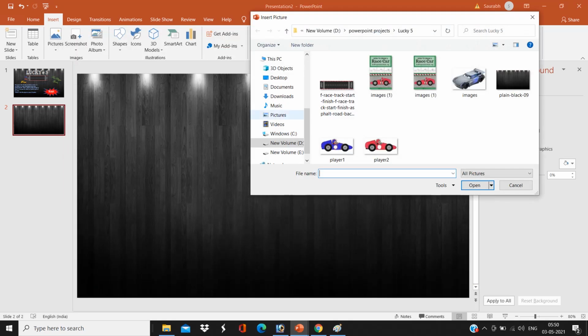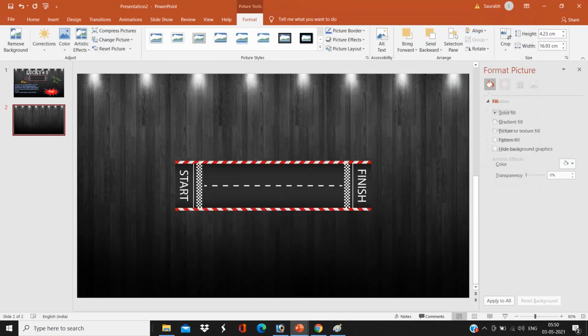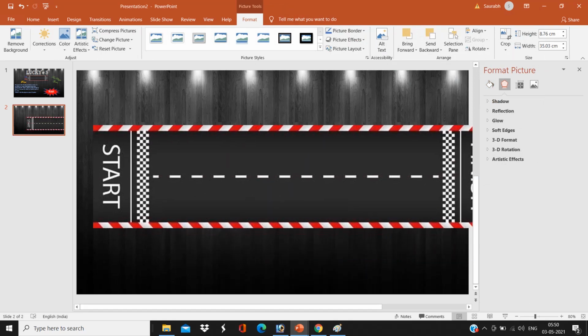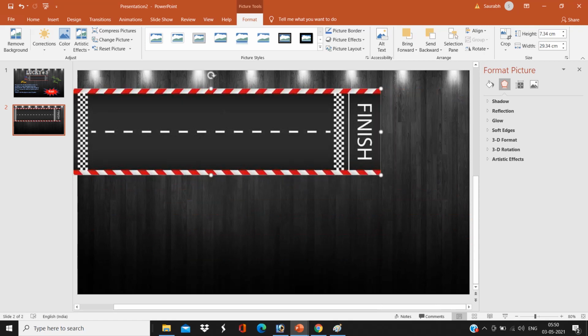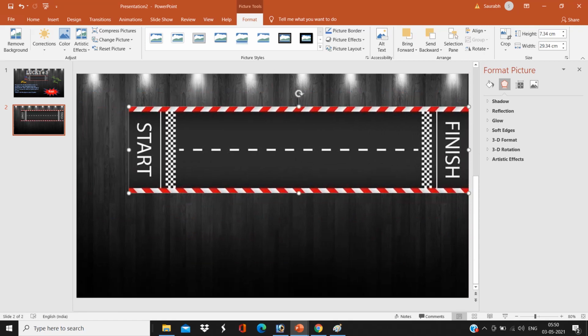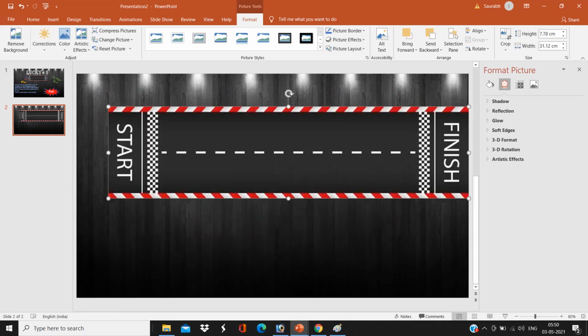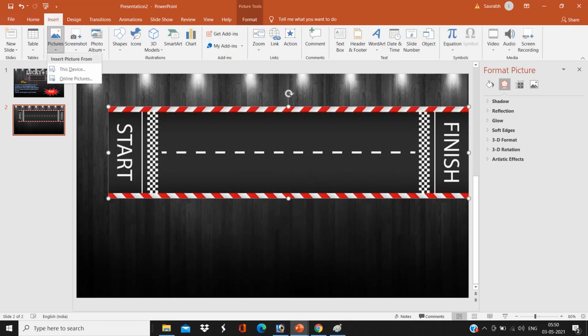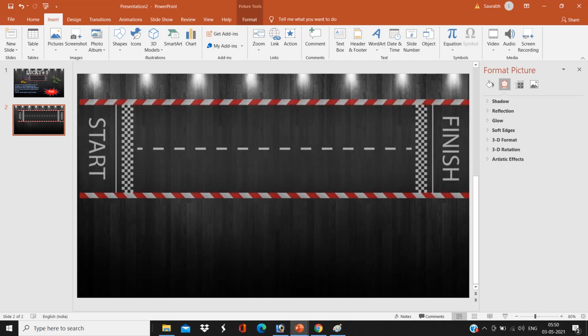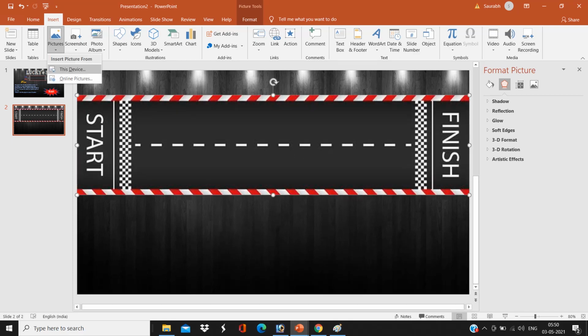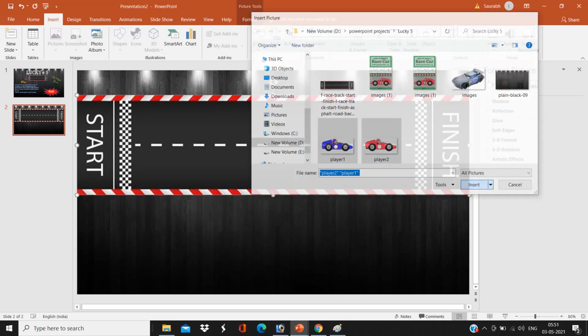Then again picture and I'm going to select here our first image, that is the racing track. Do set it on the page and then click on insert and select the two cars of our racing track, one is the blue car and one is the red car.